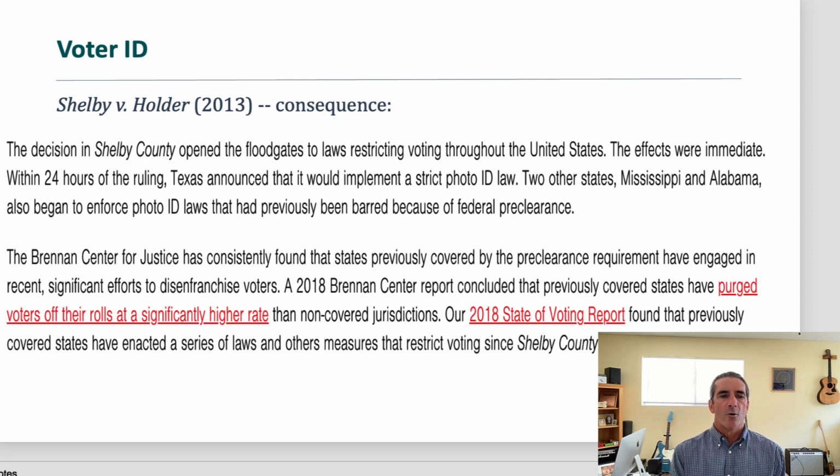There's probably been no more, to my mind, disturbing development in terms of changes to the voting laws of this country than the movement since the early 2000s, mid 2008, 2010, to impose voter ID requirements under the purported guise of rampant voter fraud and conspiracy theories about rigged elections.